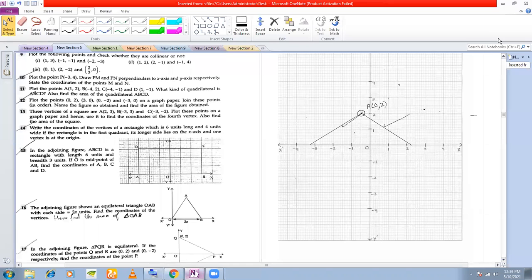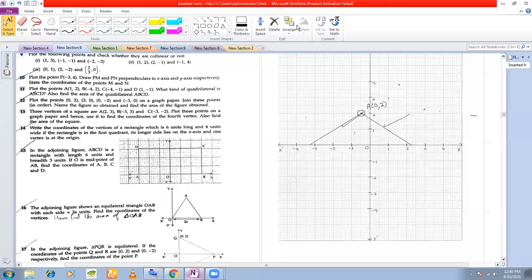That means the 3 vertices are given. You need to find out the coordinates of the fourth vertex of the square. Okay. And the second part of the question is also find the area of the square. So once you have found out the fourth vertex, after that you need to find out the area of the square. Now, if you look at the coordinates, which scale should you use? Can you tell me which scale you should use? Should you use this scale that you can see on the screen, or should you use the other scale that I have shown you?